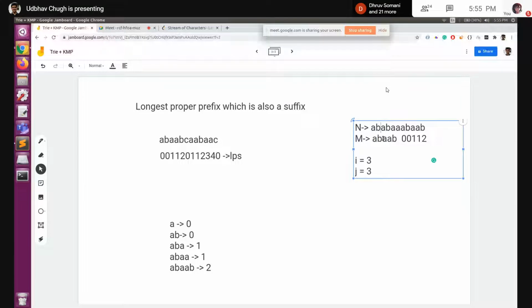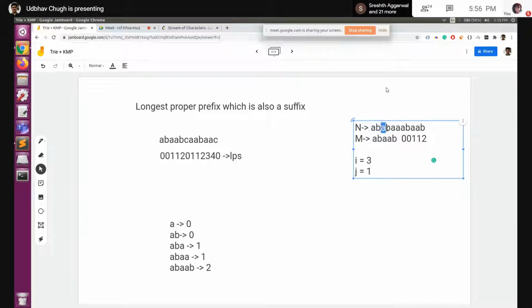So what we can do is, while we are comparing this, we know that this particular A will obviously match, right? So we can just skip this and move ahead. So how this will work is, we were here, i is equal to 3 and j is equal to 3, and this does not match. So we decrement j to 1 instead of 0. Earlier we were moving all the way back to 0, right? Now we only need to move to j is equal to 1. Now how this is helping us is that now we are at i is equal to 3.